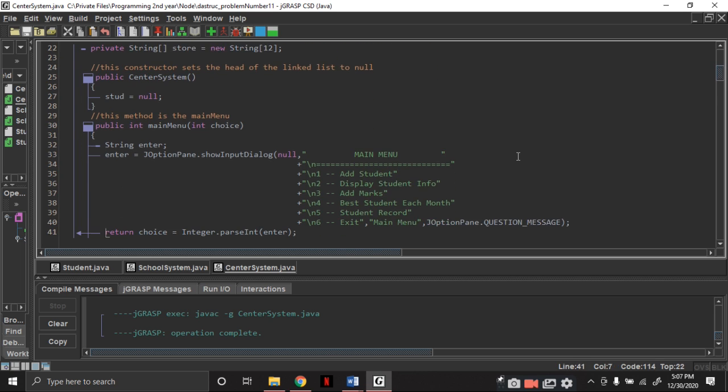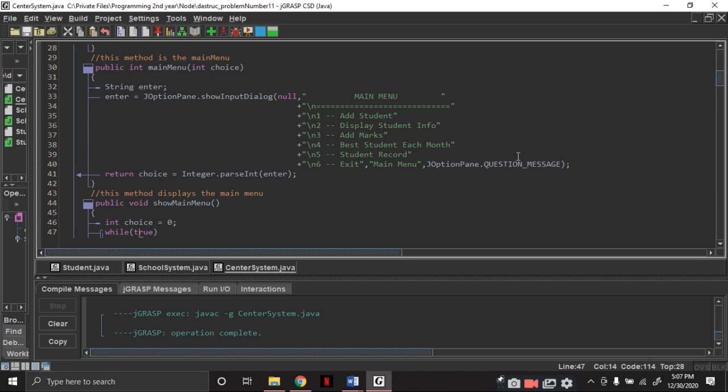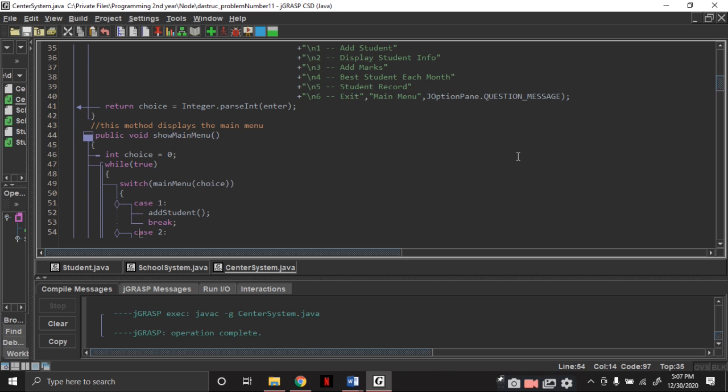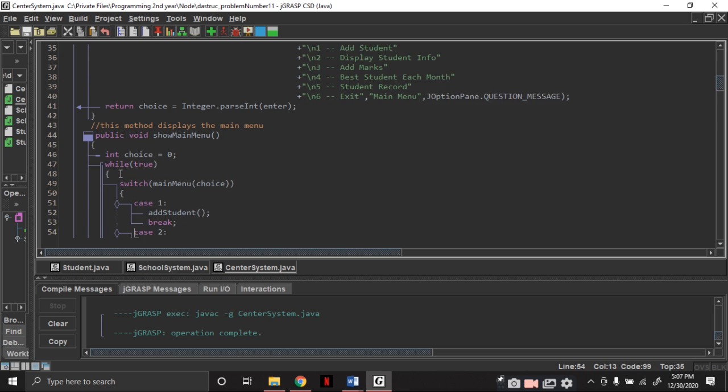I have a main menu here which returns the choice. And I have a show main menu which displays the main menu, and as you can see here, I called the main menu with a parameter of choice so that my main menu will be displayed in the program later on.